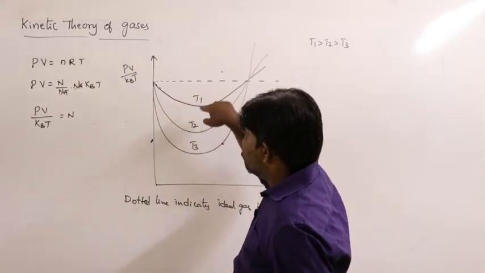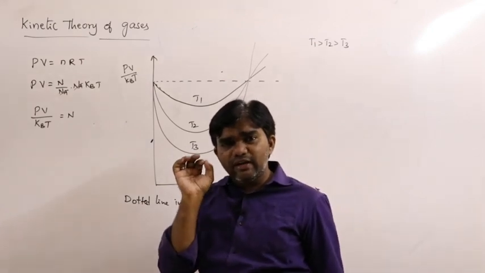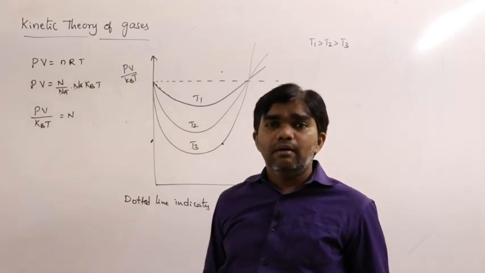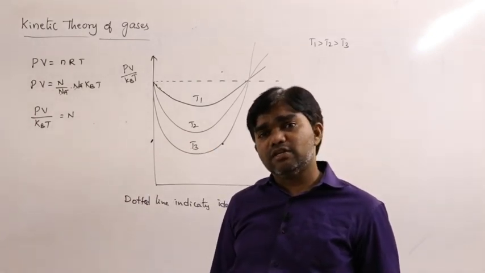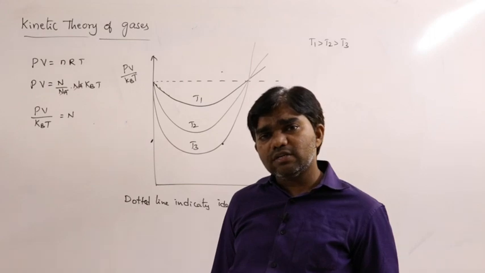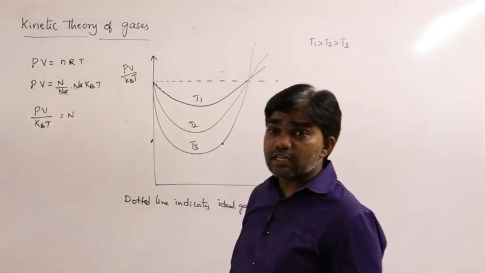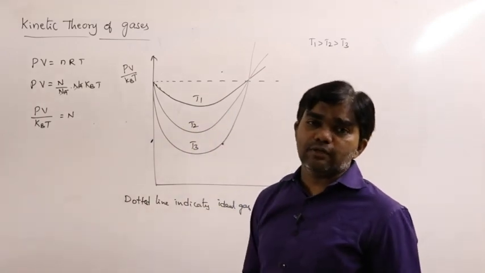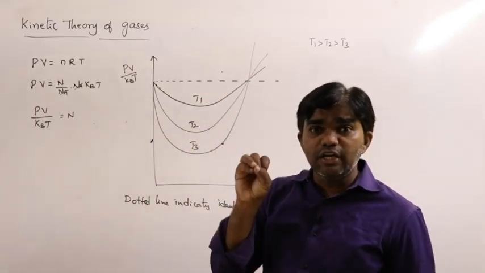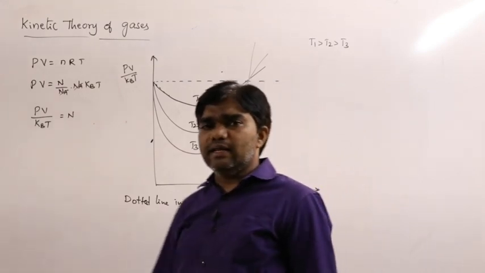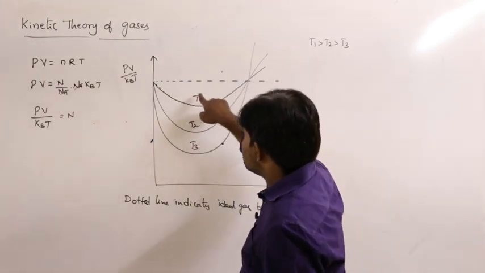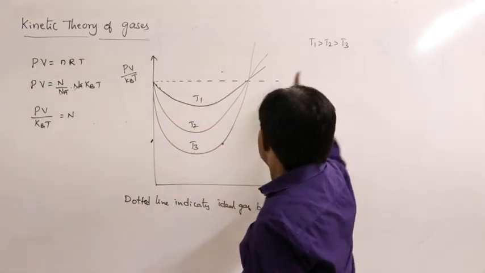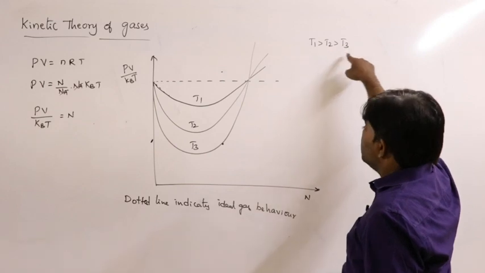And in this graph, definitely each and every gas does not obey the ideal gas equation, but nearly behaves as an ideal gas. How does it behave as an ideal gas? Like this: at low pressure and high temperature, each and every gas behaves as an ideal gas. So that is the nearest approach of ideal gas, that's why the temperature is more. Next T2, next T3. So T1 is greater than T2, which is greater than T3.